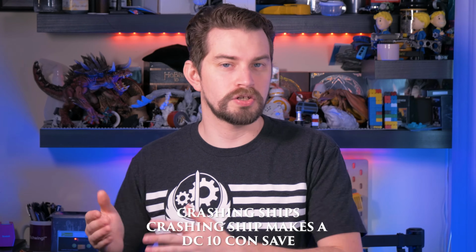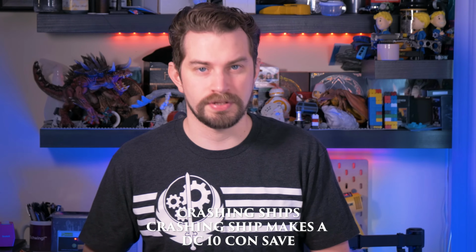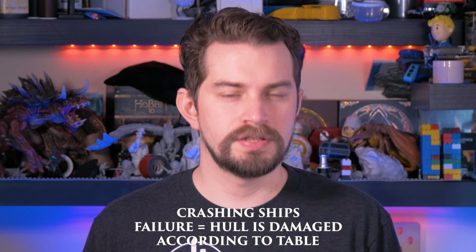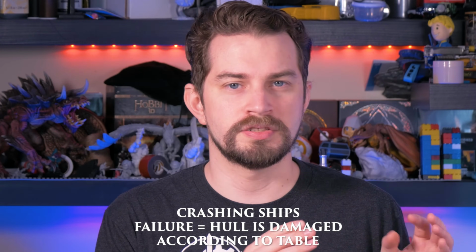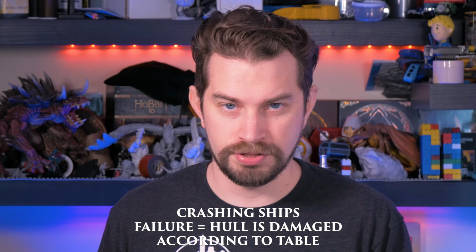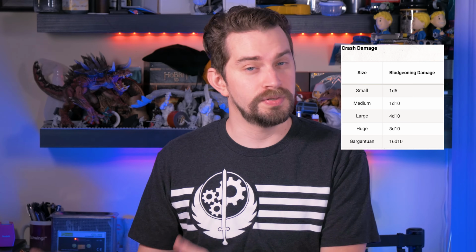But if it's any larger than that, then you have to deal with actual crash mechanics of this ship. The first thing that happens is the ship that moved into the space and caused the crash has to make a DC 10 Constitution saving throw. If that ship fails, then the whole of the ship, the whole component, is going to take the damage from the crash. And there is a set of tables here I'm going to put on the screen that you can see the damage die you will roll depending on the size of the object you hit. So the larger the object, the more damage it's going to deal to the ship if you fail that con